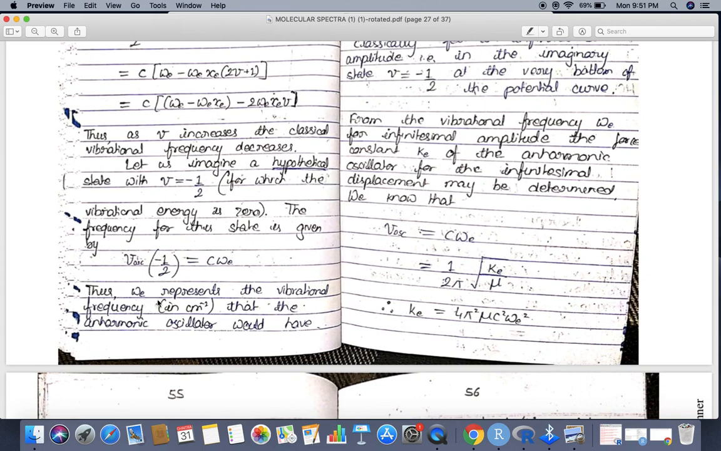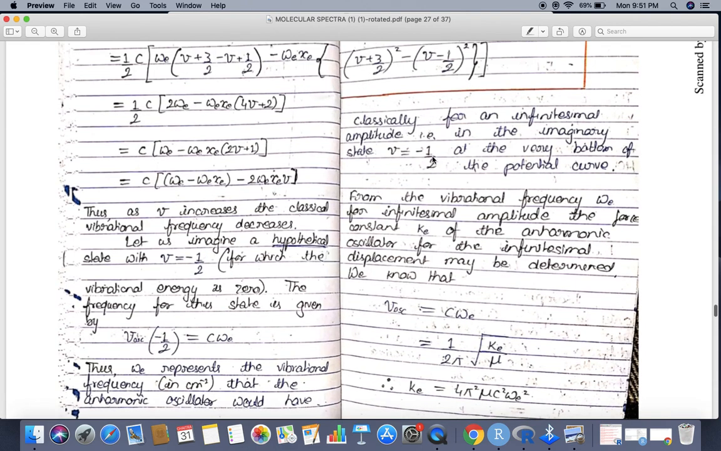Thus omega e represents the vibrational frequency in centimeter inverse that an anharmonic oscillator would have classically for a very small amplitude, that is, at an imaginary state, nu equal to minus 1 upon 2, at the very bottom of the potential curve. From the vibrational frequency omega e for infinitesimal amplitude, the force constant Ke